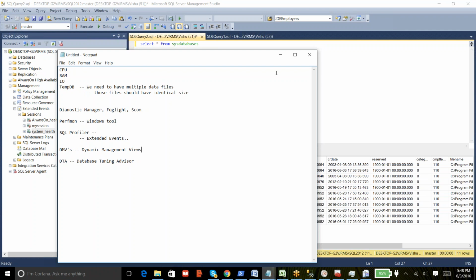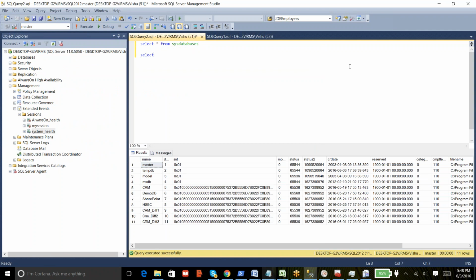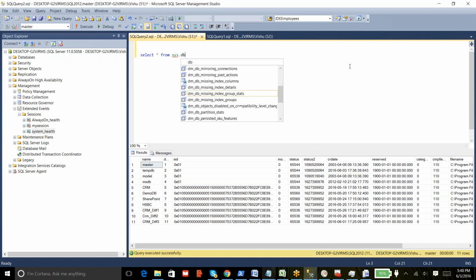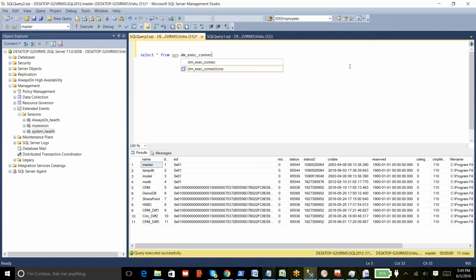I can give an example for a DMV. I've already given an example for DMV, like when we were discussing index fragmentation, but I'll give a different one now. If you want to know how many connections are currently running on your SQL instance, how many people are currently connected, we can use a DMV called sys.dm_exec_connections. You can execute this DMV